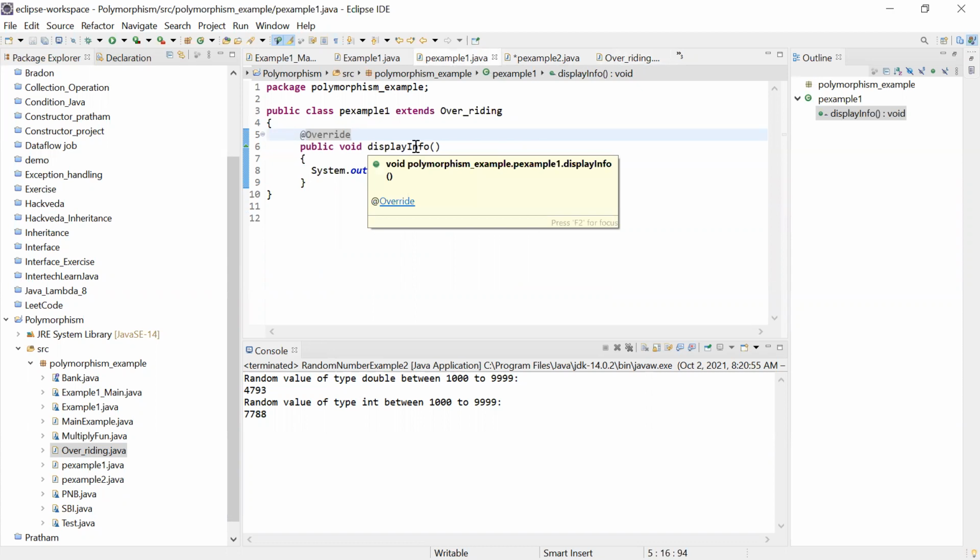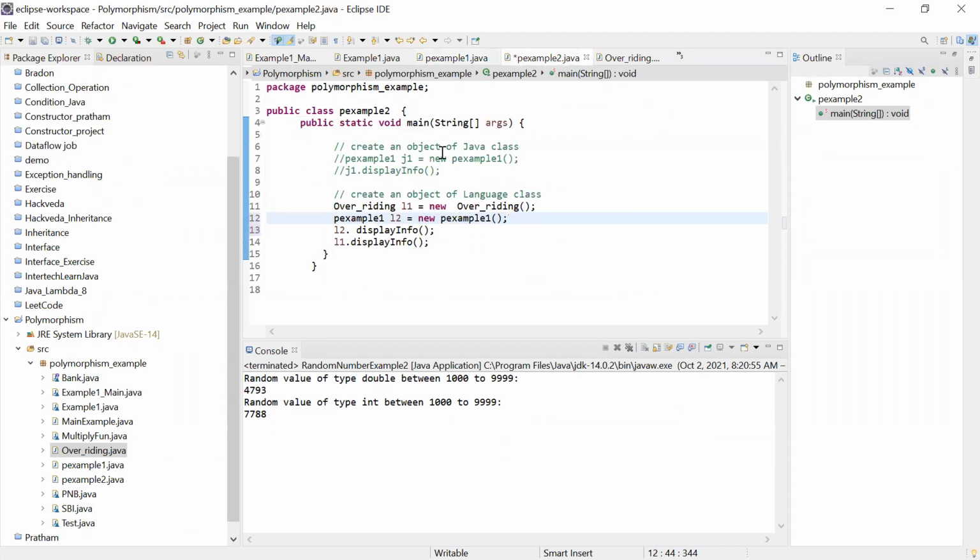So in overriding, you can declare a function exactly the same, but it should be in a different class. And when you want to execute it, I create one new class, and there I added a main function, and this is object creation. If you remember, I told you how you can instantiate any variable or any function while creating an object. As Java is a completely object-oriented programming language, you can access the function or any variable with the name of an object. You have to create an object.